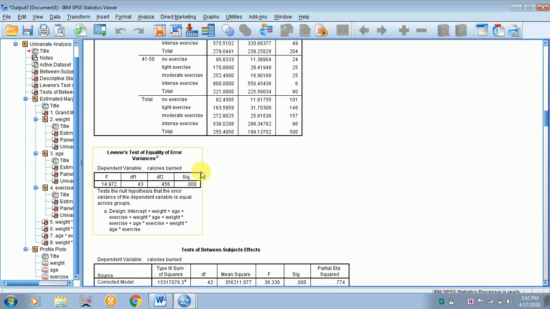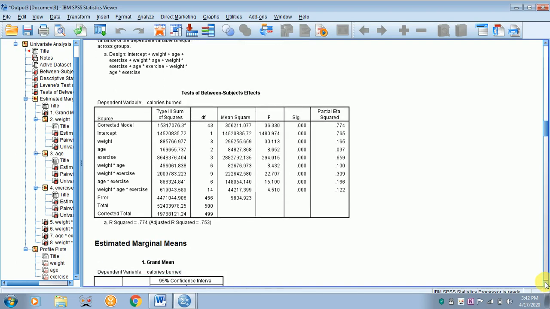Since it is less than 0.05, we are violating the assumption. So you have to check the data. Since this is fictitious data, I am just carrying on with the analysis, but in your research work you have to check what the problem might be, correct it, and rerun the analysis.